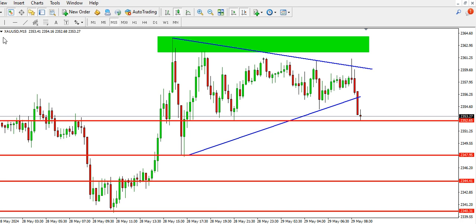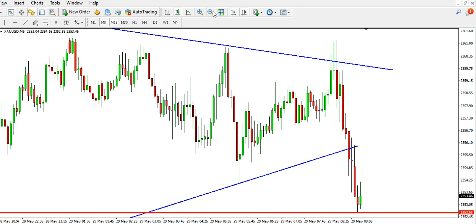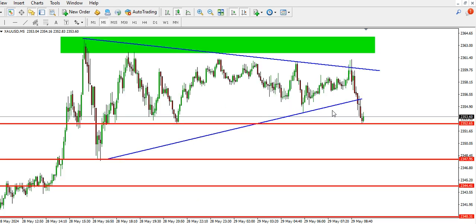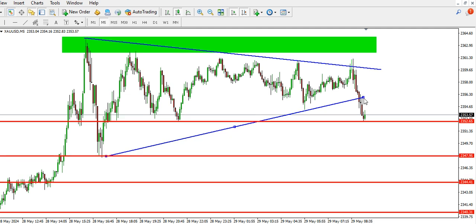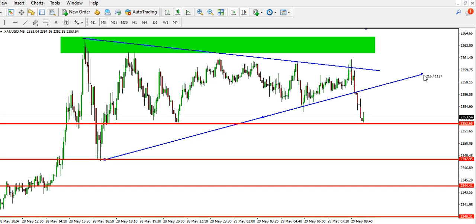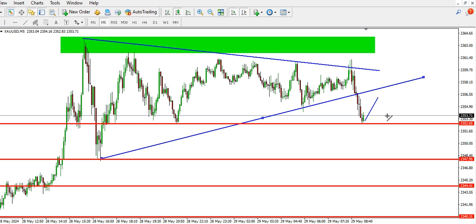On the 5-minute time frame, finally, you can see a breakout. After this breakout, we will most likely see price retest. If the bulls are still around, we see a retest, and then we see a further drop. Okay, so we'll look for selling opportunities for now,